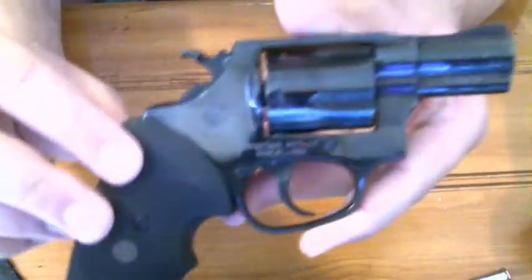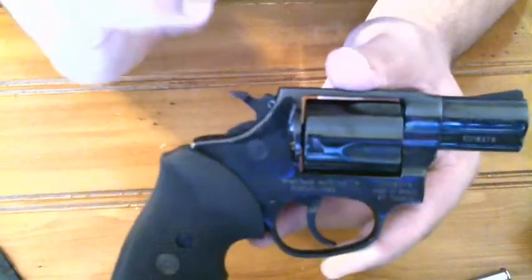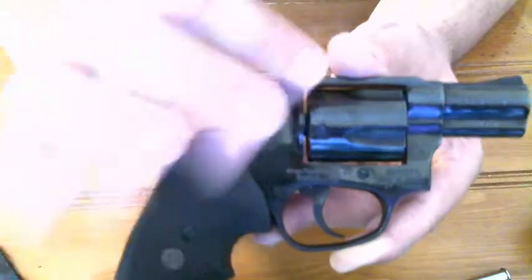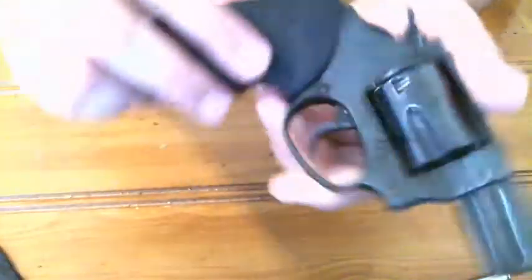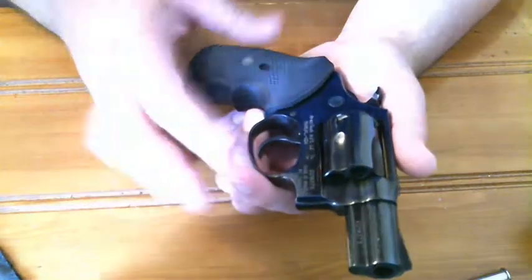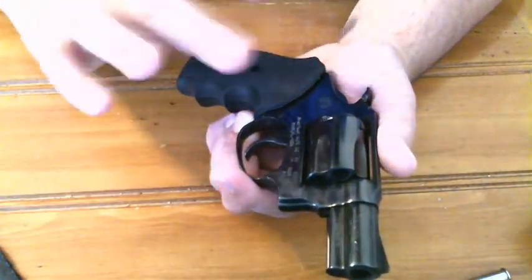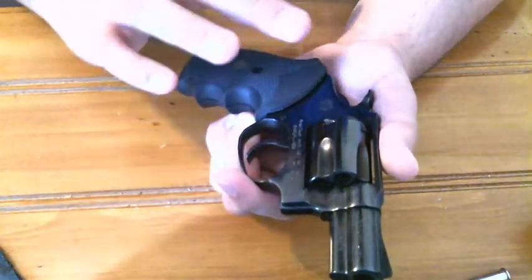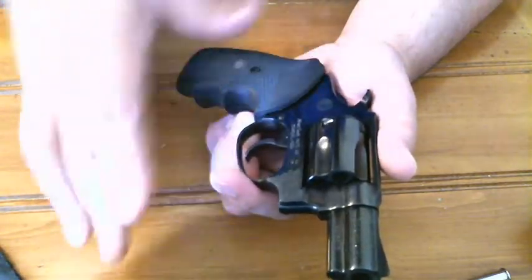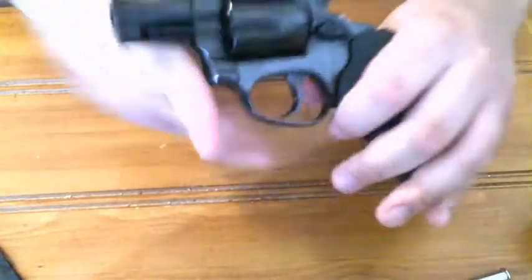The finish on it, I do like the finish quite a bit. It's got that high polished bluing, which I love. You don't see it too much now. Smith & Wesson's doing matte. Beretta has gone to a matte finish, and I mean, there's nothing against the matte, but I just don't like the matte as much. I don't think it looks as nice. This makes it look a little more classy with this on it. But anyway,